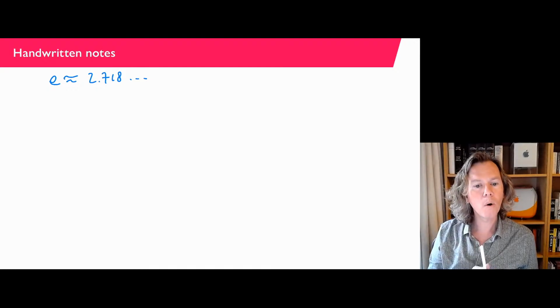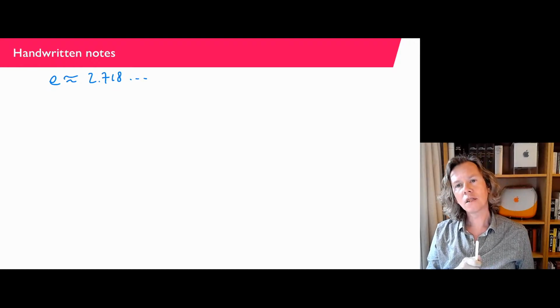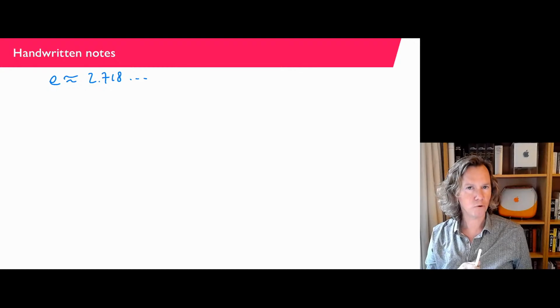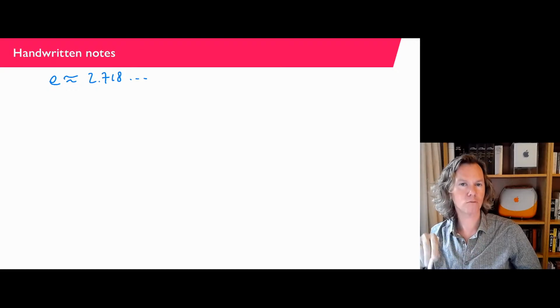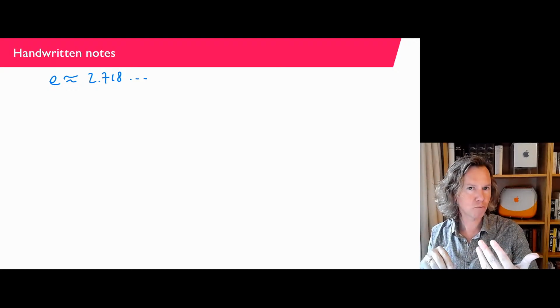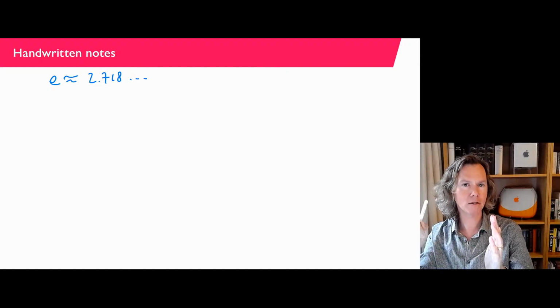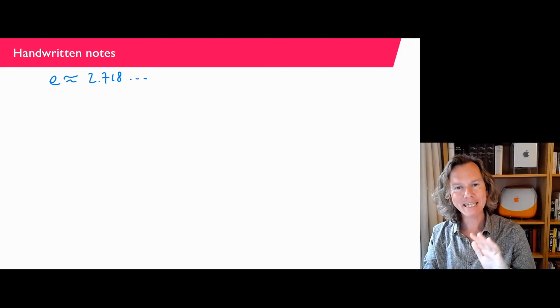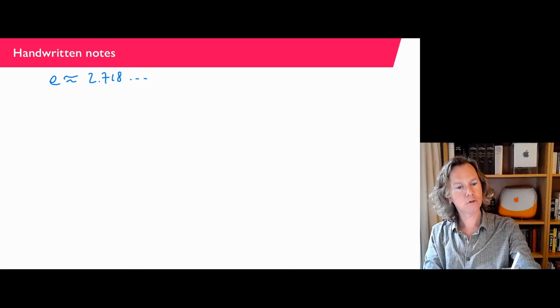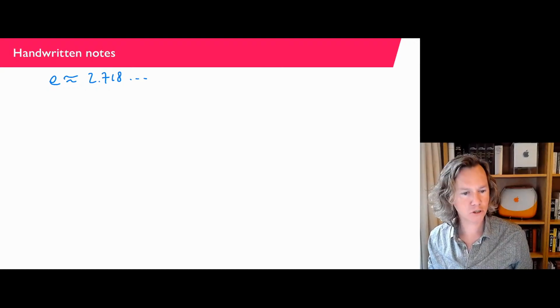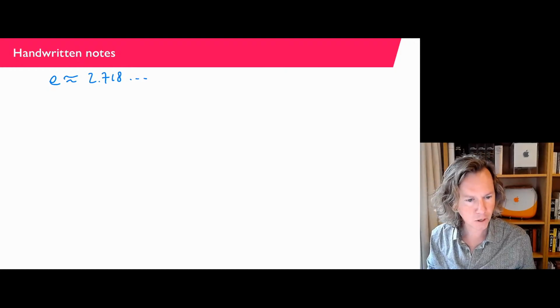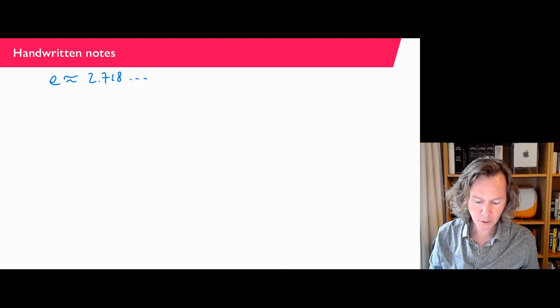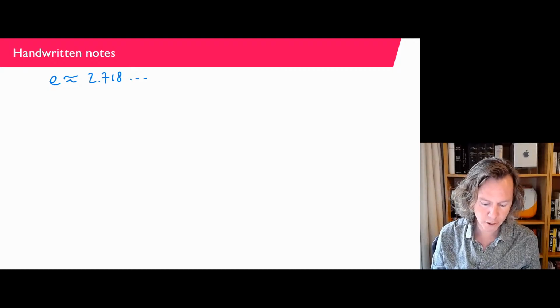Now, the way that he introduces it is, well, not by means of geometric construction. If you think about pi, you can draw a circle and then you know that the circumference is related to pi. The square root of 2, if you would draw a square with sides 1, then the diagonal has length square root of 2. For E, this is not going to work. So to introduce E, what you could look at is something that Bernoulli worked on. Bernoulli is a mathematician from hundreds of years ago. And the way he introduces it is, say that you have